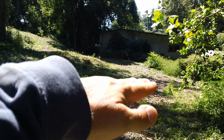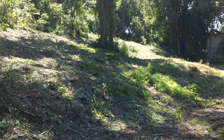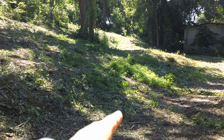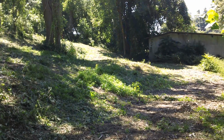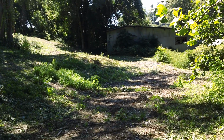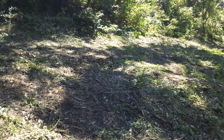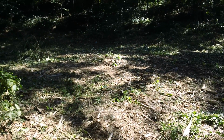You have this field right at the bottom, then it kind of goes up and then flat, and then it goes up again, and so on. So that hillside, we would start at this point right here and build it up so that it was level with the bottom of those trees. Nice stone wall kind of curving all the way around that way, and a green area down here. So anyways, it's got a ton of possibility, and opening it up from right here